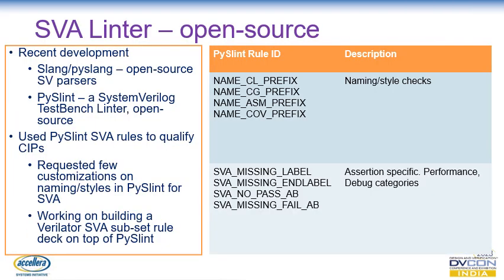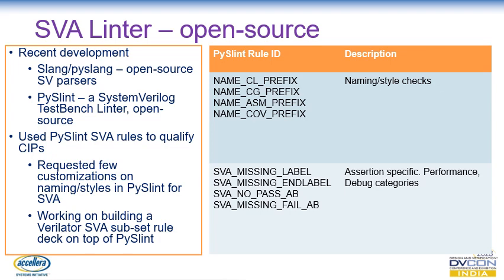So, switching gears, we're looking at something new that's just getting developed as we speak. But the good thing is it's all open source again. We're looking at linters for assertions. So traditionally, RTL linting has been extremely popular, and almost every customer uses it. Now, what about assertion linters? Yeah, there have been a few available, but open source wise, it's a recent development, and we developed it based